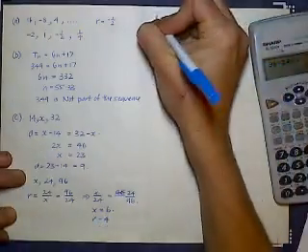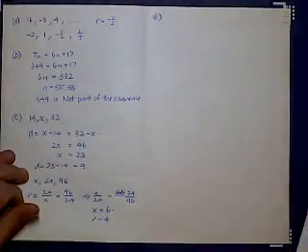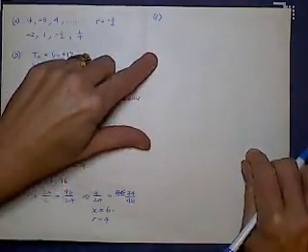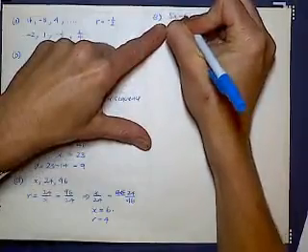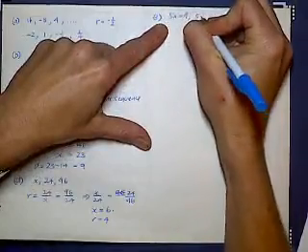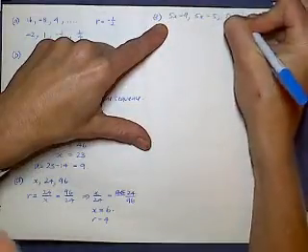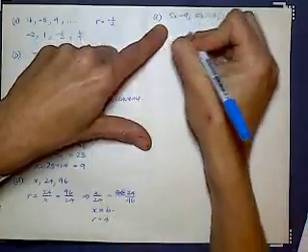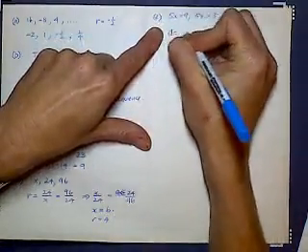Part E. Find the common difference of the arithmetic sequence below, then find x given that T11 equals 36. So we've got the sequence 5x minus 9, 5x minus 5, 5x minus 1. It's an arithmetic sequence, so we want the difference between those consecutive terms, so the common difference is equal to